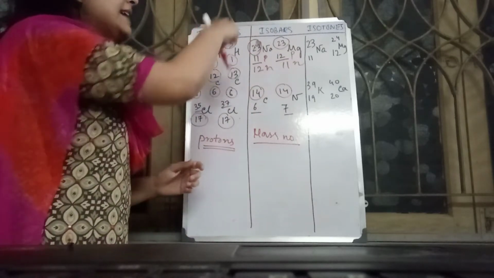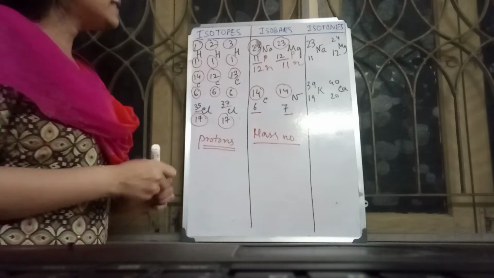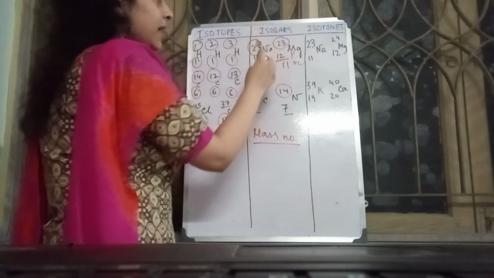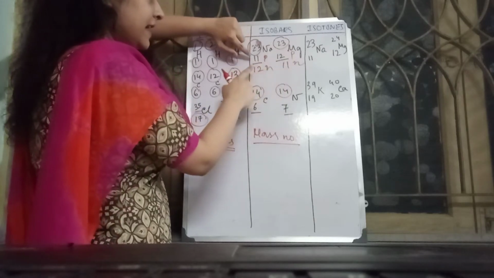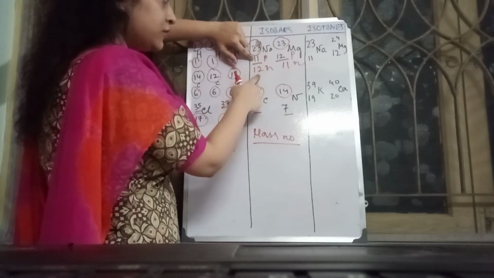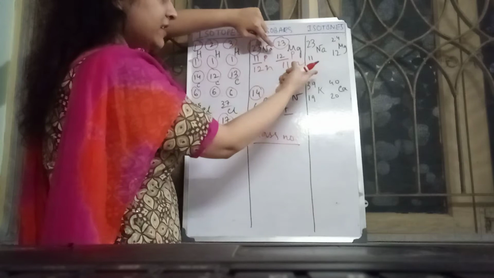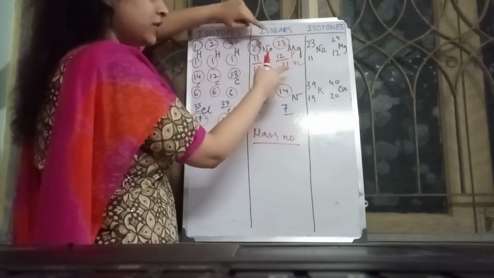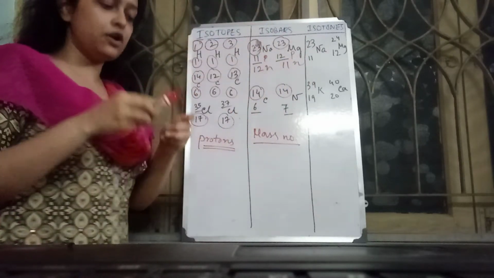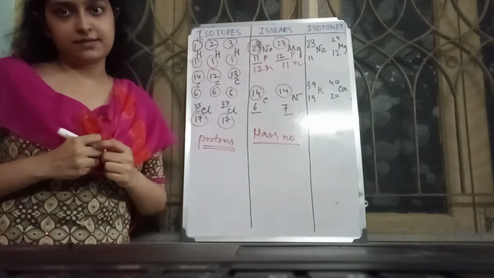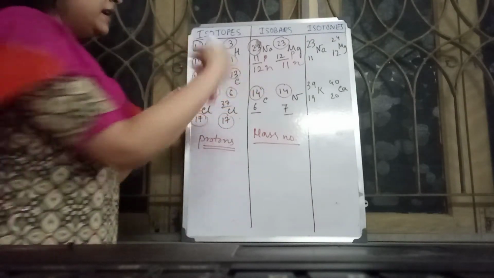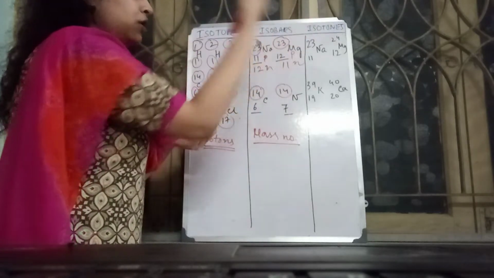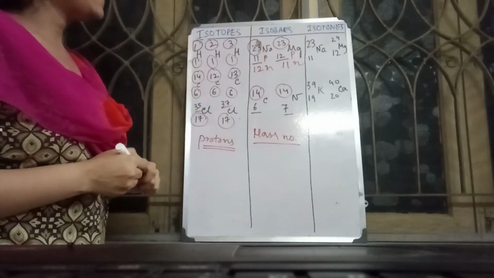We call them isobars. And see, a special type of isobars, for example this, where there are 11 protons and 12 neutrons, and here, a mirror reflection, 12 protons and 11 neutrons. So this type of isobars we call mirror isobars. Just as if it's a mirror reflection: 11 protons, 12 neutrons; 12 protons, 11 neutrons, like this.